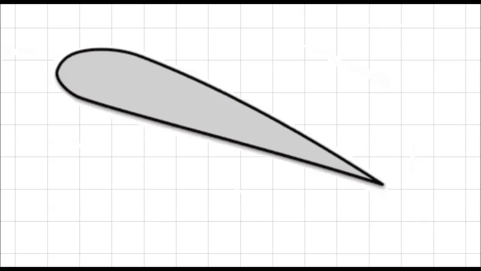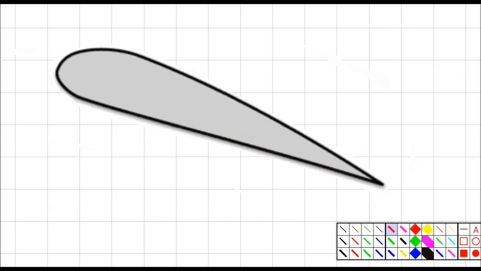is it symmetric or not? Now, symmetry can be looked at in various ways. You can look at symmetry around various axes. In the case of an airfoil, we look at the symmetry in height over the cross section. So, looking at this right now, this here is the cross section. Following this line describes the cross section, and I want to see if I can cut this into two